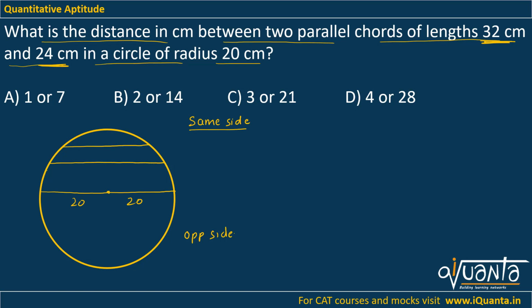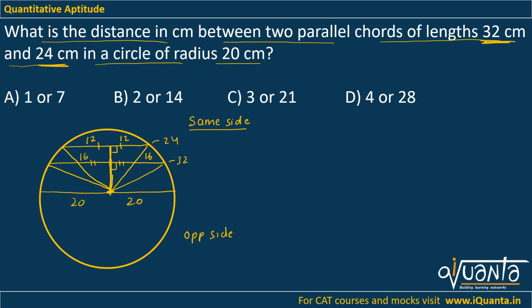Whenever we have a question on circles, I have told you that we'll always join the radius, okay? So I'll join the radius in both the cases, over here as well and here as well. Now I've told you a property that when from the center of the circle we draw a perpendicular on the chord, it is bisected, okay? So if I drop a perpendicular, it will be a perpendicular for both the chords, so this chord will be bisected and this will also be bisected. This is a bigger chord, okay? This is 32 centimeter chord, this is 24 centimeter chord. So this part will be 12, this part will be 12, this part will be 16, this part will be 16, okay?